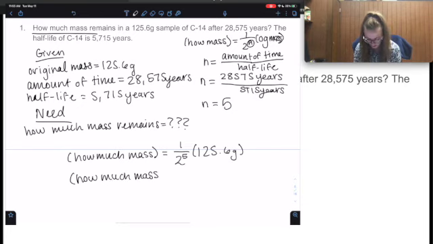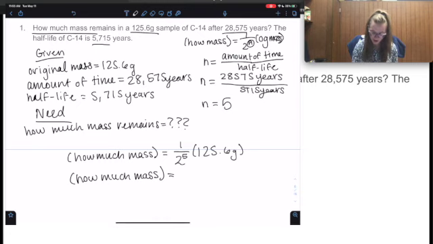Always making sure we're keeping the proper number of significant figures. And we're only going to worry about the significant figures given in our problem. We're not going to look at the sig figs given to us by that n value. It's just a calculation along the way for us. So in my calculator, I'm going to type 1 divided by parentheses 2 to the 5 and enter. And I get